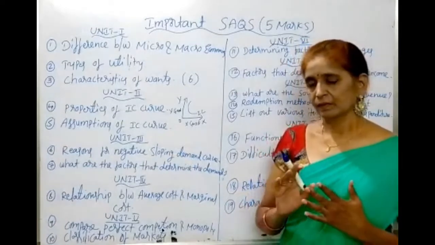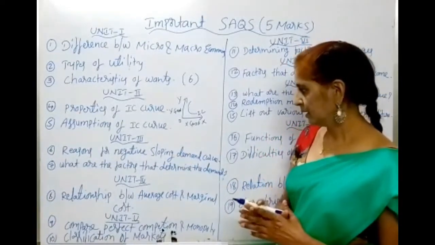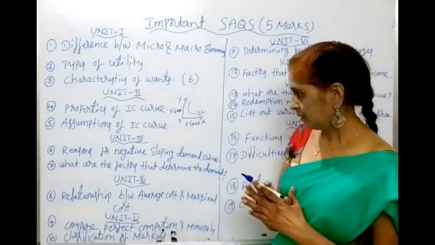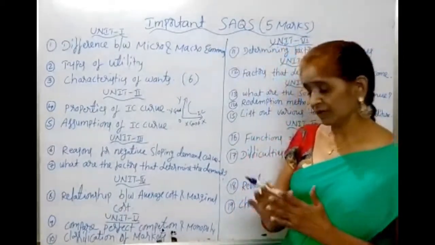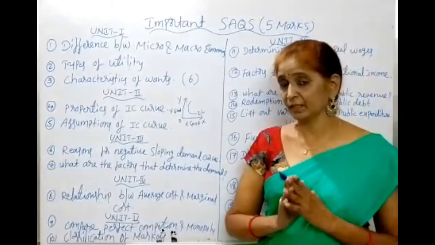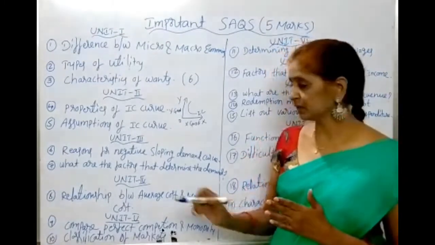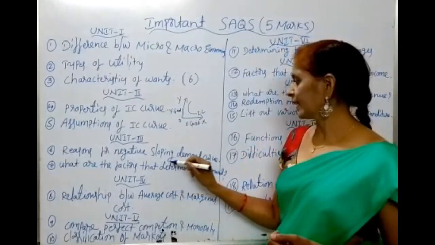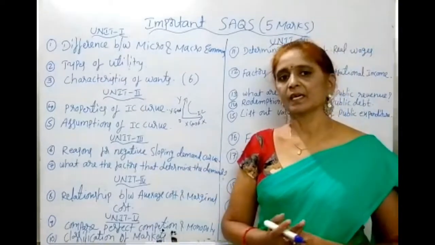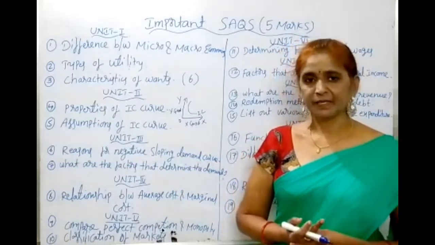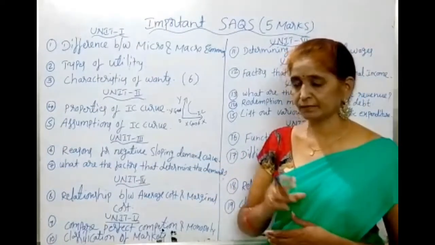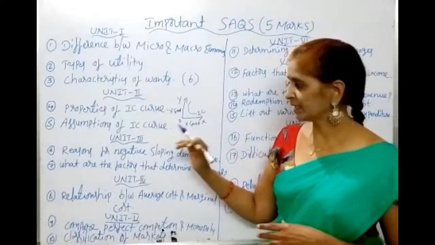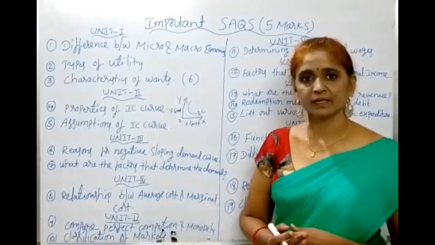So first you have to write the law of demand, regarding the exceptional demand curve, and next write the reasons for the negative sloping demand curve. There: law of DMU, substitution effect, income effect, multiple uses, old and new buyers. 5 side headings are there. After writing the introduction, explain the 5 side headings.